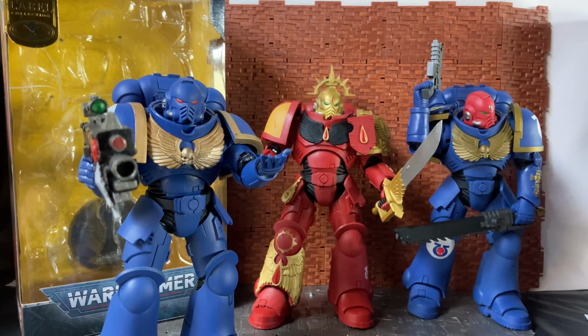I can see them doing lots of the Xenos figures. I think they could really get into doing those. And one of the Xenos races, I think they'll easily be able to translate over into their scales, the 1:24 and 1:18 scale. Now, 1:18 scale is G.I. Joe scale, so it is more this scale. 1:24 is a bit smaller, but if they do translate it over, they will probably be able to pull off perfectly, really nicely articulated Tau Crisis battle suits,